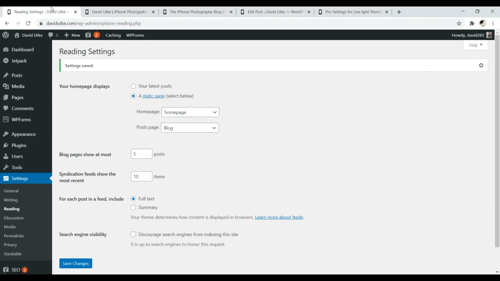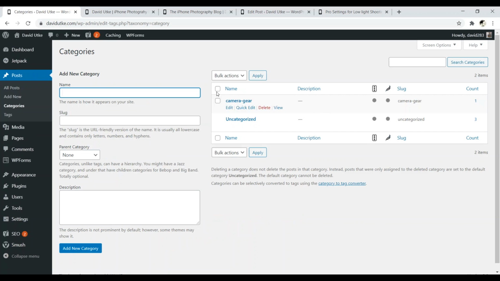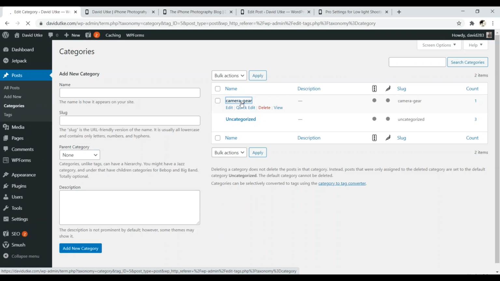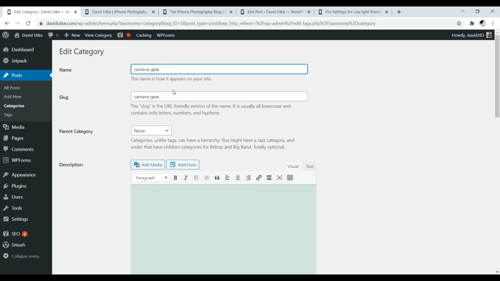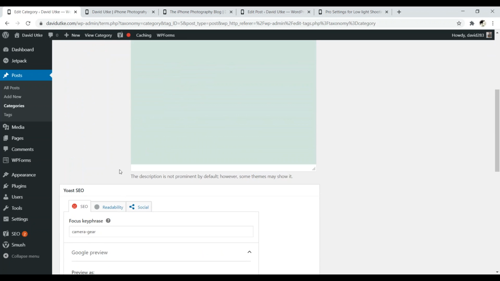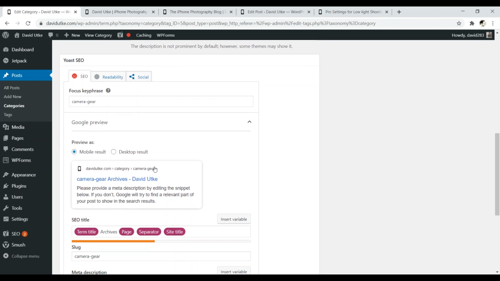And also just one little thing, post categories. Your categories are controlled by this section over here. Okay, so just navigate to categories, and this is where you can add categories. And I also suggest jumping into the category page itself like this. Okay, and so make sure that you have a nice description for the keyword phrase, and make sure that you